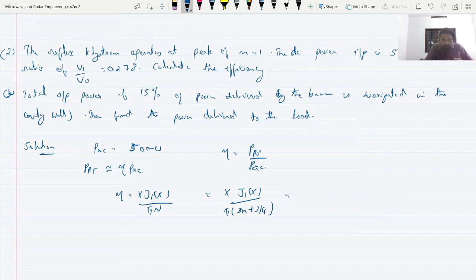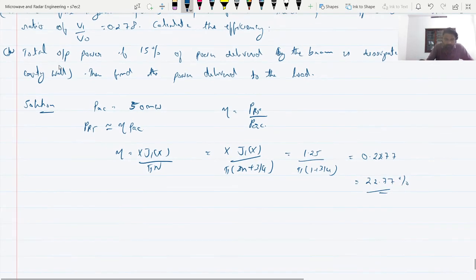If they are not given, you have to take it as 2.4, 1.25. Okay, 1.25 divided by pi into 1 plus 3 by 4, which is nothing but 0.2277. That is 22.77%. That is the efficiency. Okay, therefore